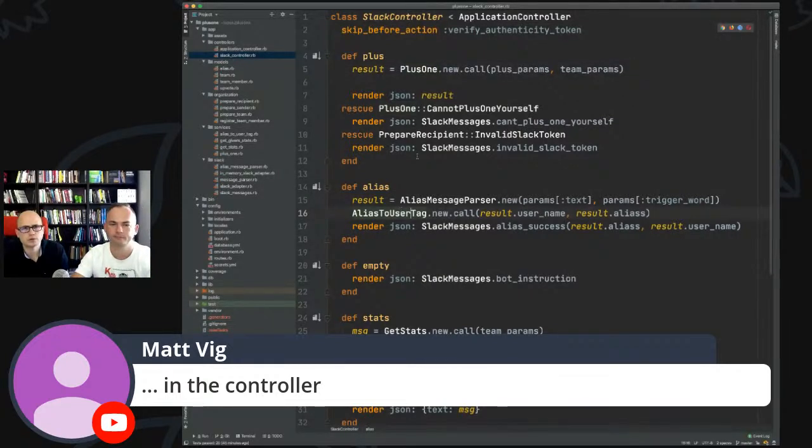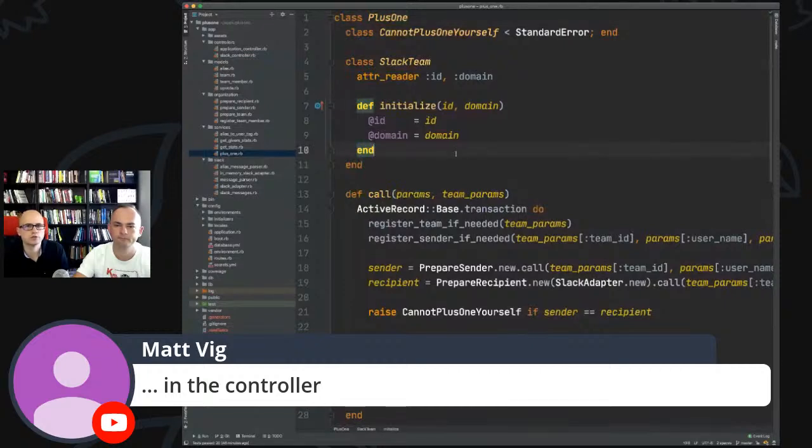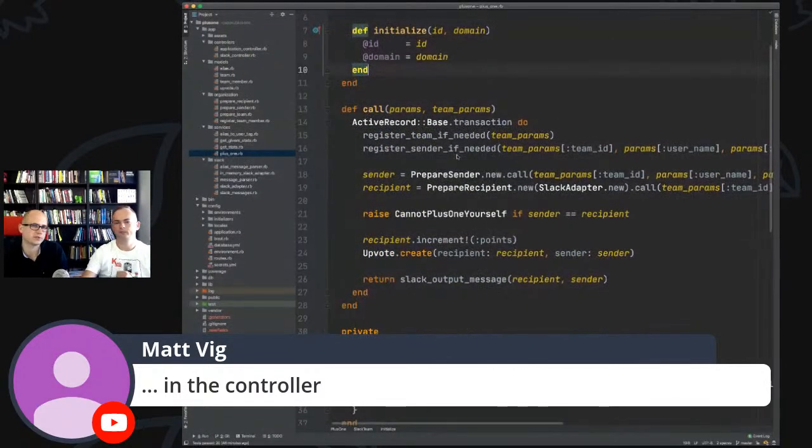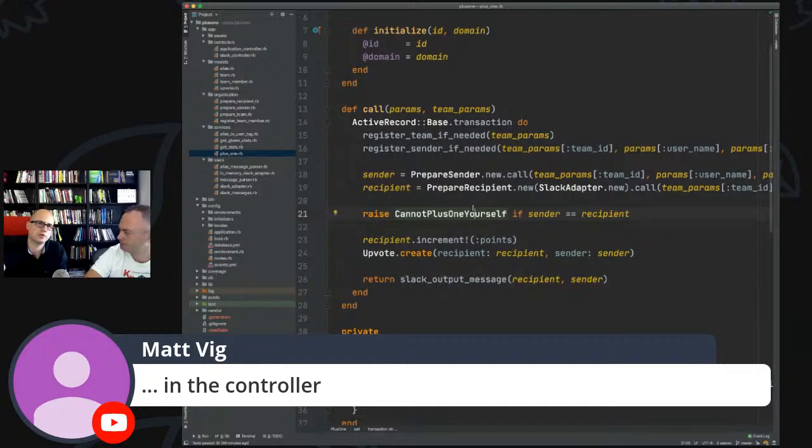Yeah, I agree, but this creation of the team, as we said, is some kind of infrastructure. So it could be connected with the framework itself, because the framework does these infrastructure things, right? And then you have a cleaner domain, because if you don't have a team in this place, you would probably raise some exception. This is kind of orthogonal, because when adding +1 to someone, I don't really want to think about teams. I just want to send +1 to someone and not care about it. So this is orthogonal, and this should disappear.